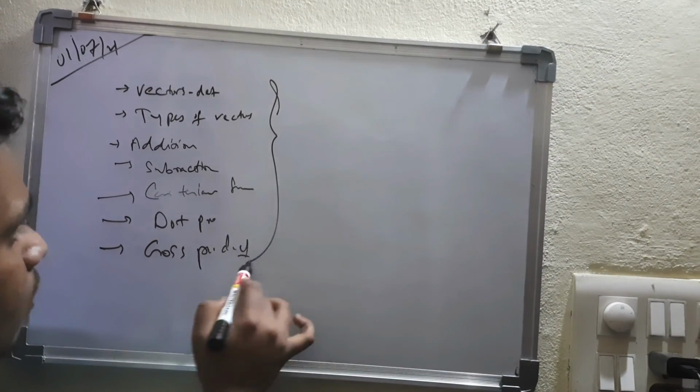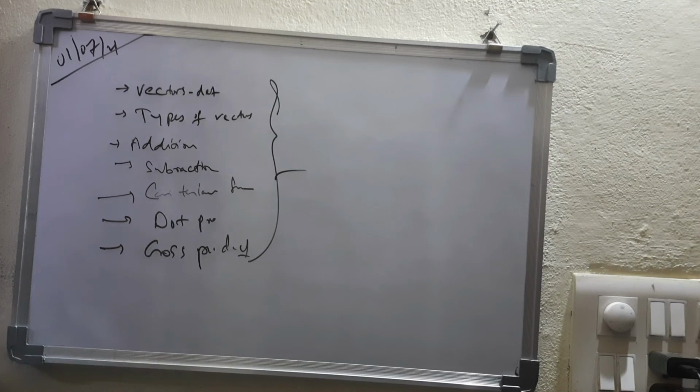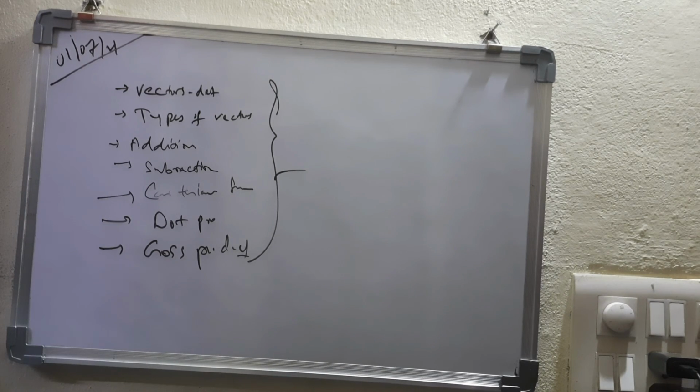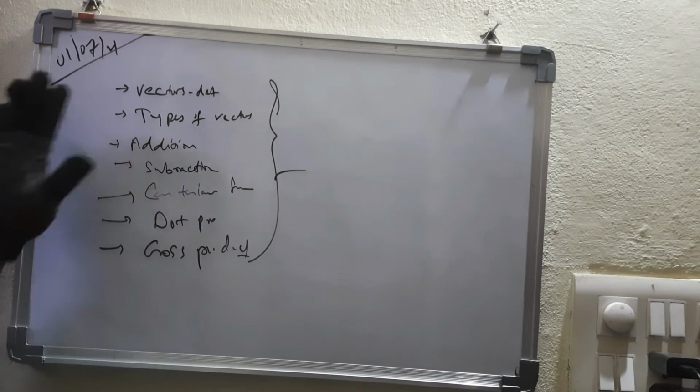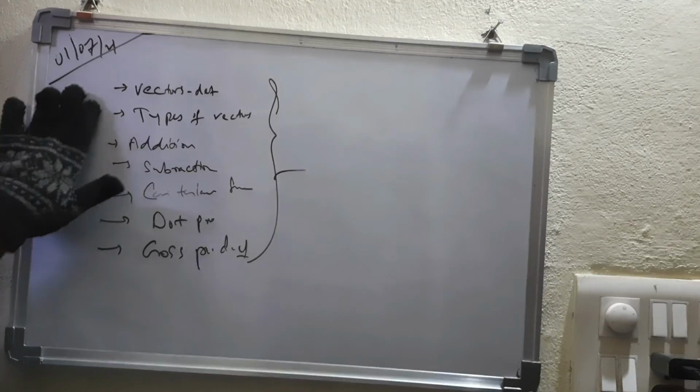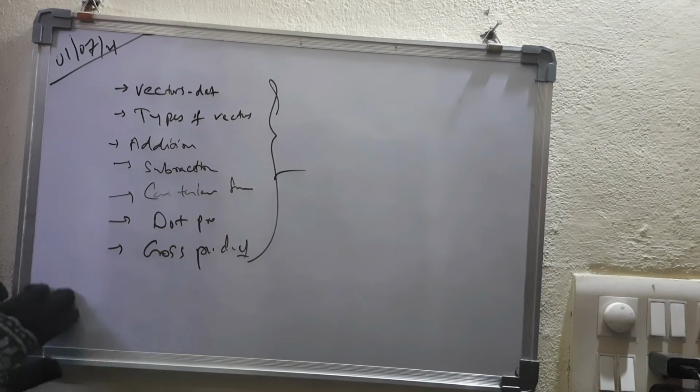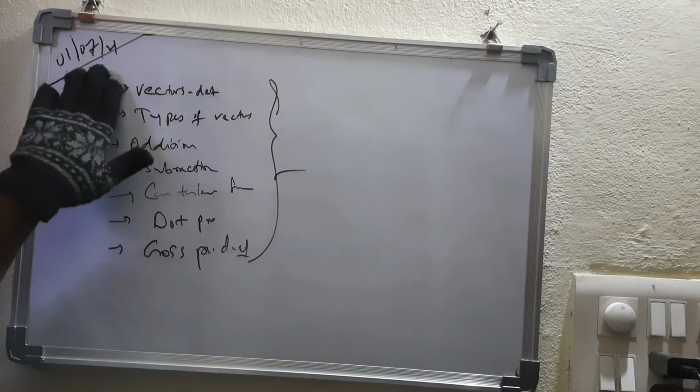So these are all the topics which I covered today, and I didn't do any numericals based on this. I'll try to make another video for numericals in each and every concept, in each and every topic. So I think every topic is clear. I took only the main topics of vectors and I tried my best to explain. I hope it's good.